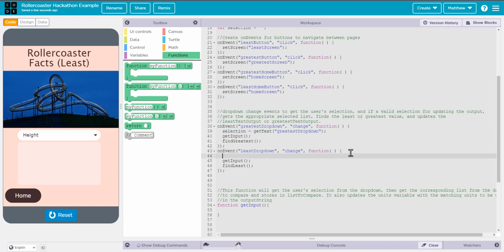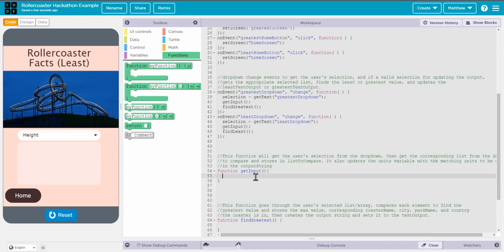Okay. So I want that to happen as well. Let's use selection. The reason I'm doing it here is because there are 2 different dropdowns, right? That I want to get my selection from. The greatest dropdown and the least dropdown, depending on which dropdown we're changing, right? But I just want my selection to equal that no matter what. Okay. So in get input, let's say if selection is equal to height,